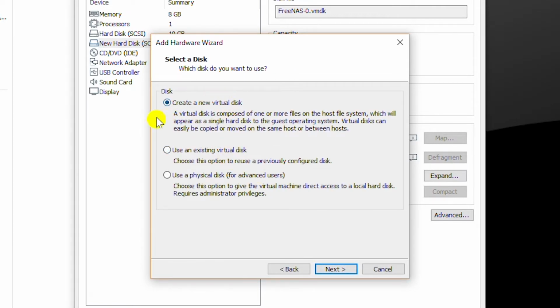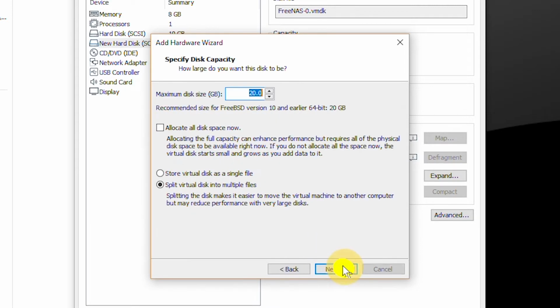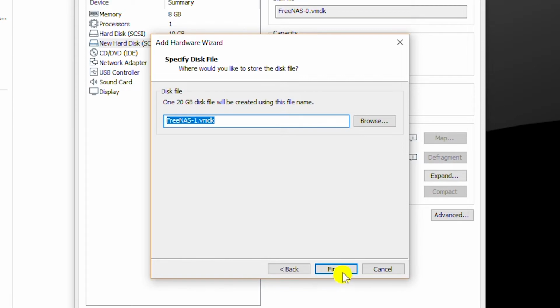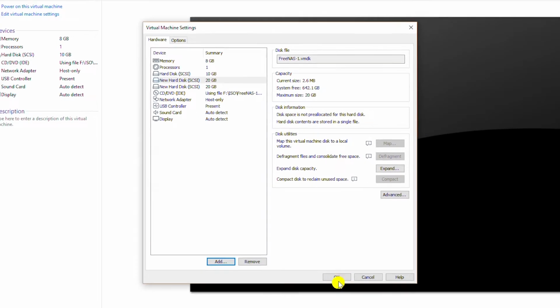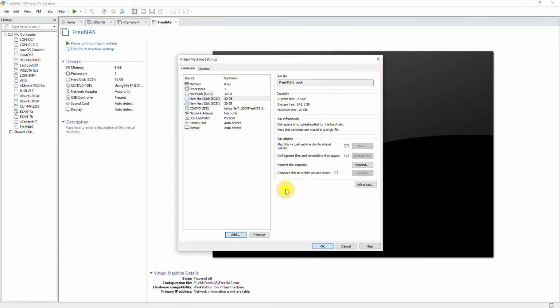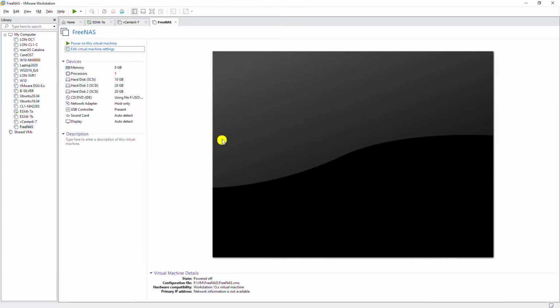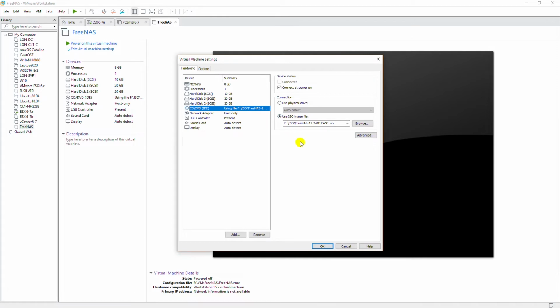Create new virtual disk, 20 GB single file, next, finish, and then OK. I already mounted the installer ISO image for FreeNAS, so once I power it on, it will